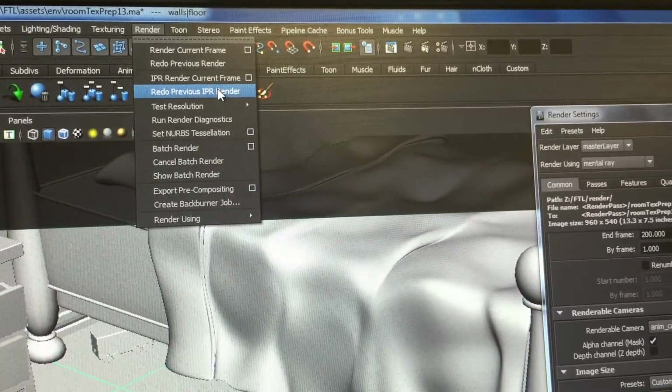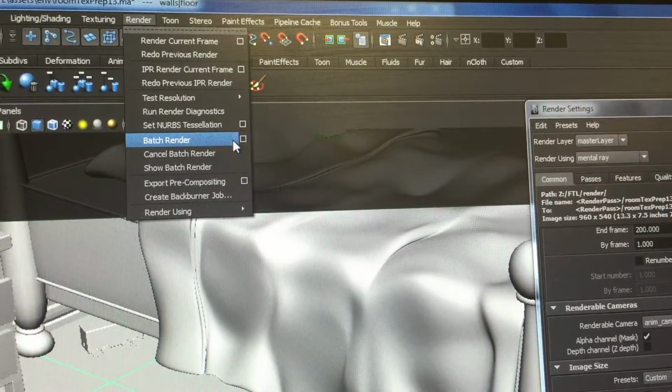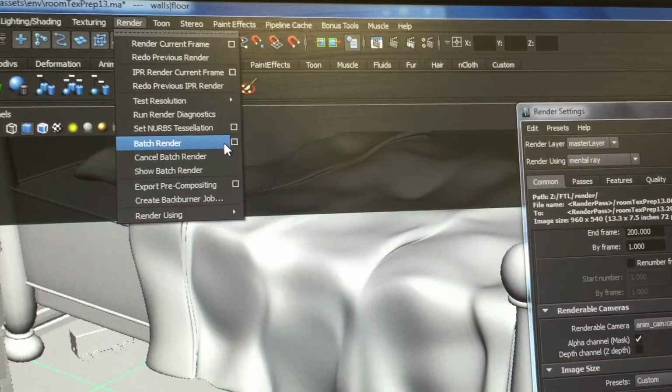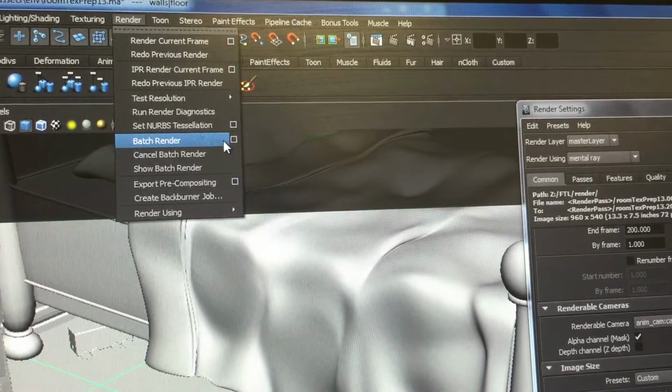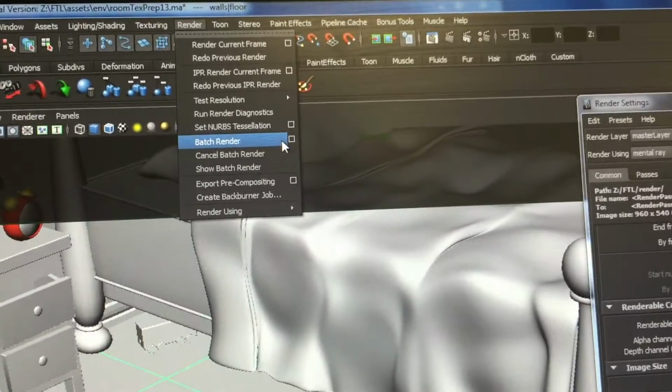And you say batch render. When you hit batch render, it will begin rendering out everything. So don't click that unless you want to start rendering for a long time. But you see over on the,